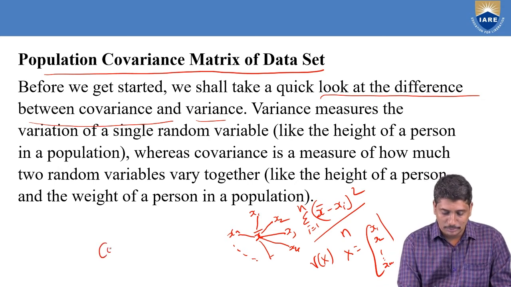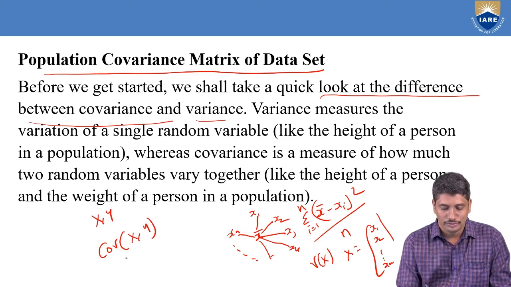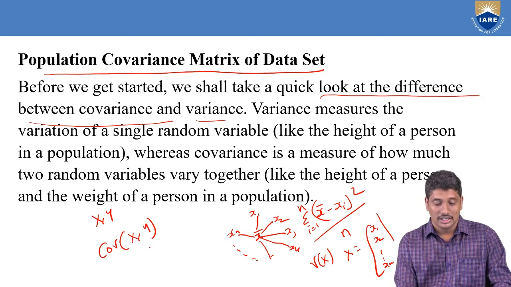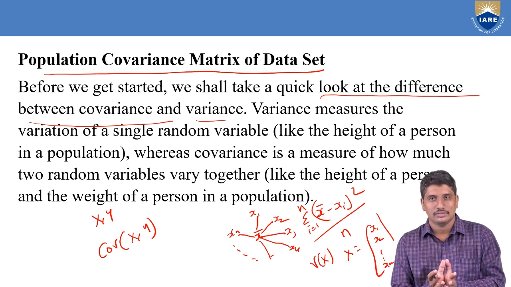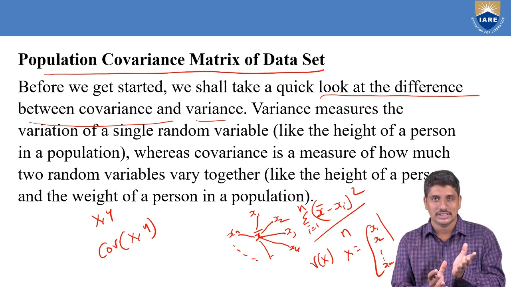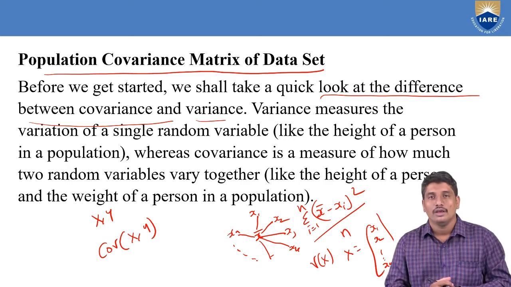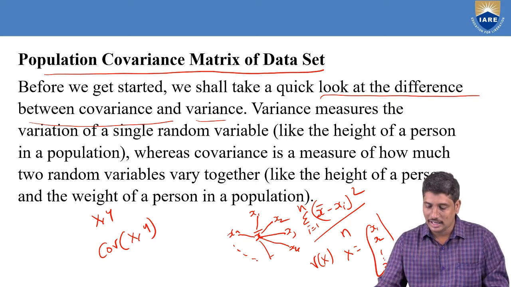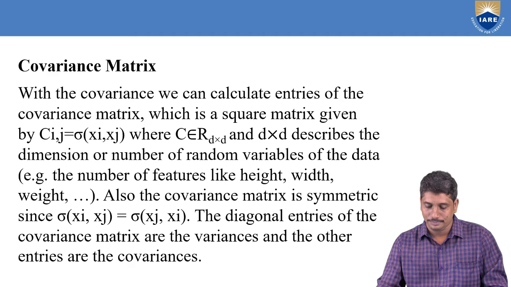Similarly, covariance represents, suppose there are two column vectors x and y, then covariance will be calculated with the help of a mathematical formula, which gives us the amount of variation caused by x in y as well as caused by y in x, mutually, vice versa. Mutual variations caused by x on y and y on x. That is covariance, which is calculated with the help of the formula,